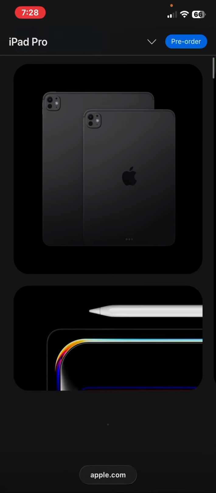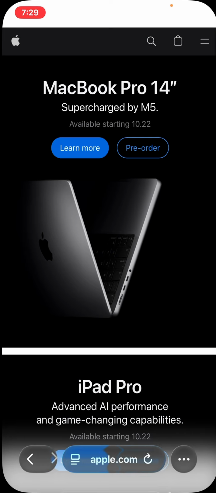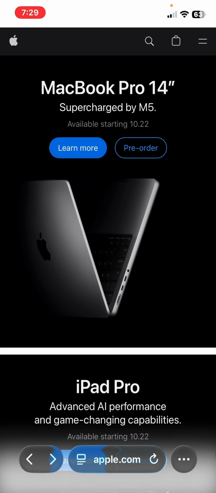Now, I initially thought that we would have an event, but instead it is just a press release. The products, the M5 iPad Pro and M5 MacBook Pro, are going to get released on Wednesday, October 22nd. And when they do get released,